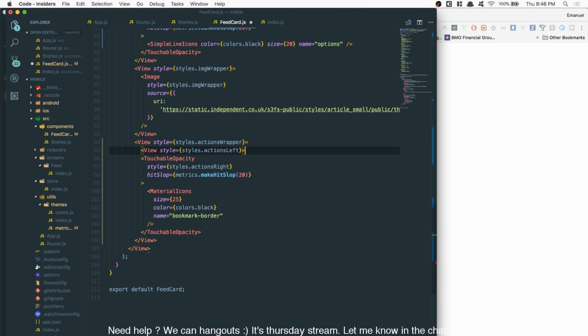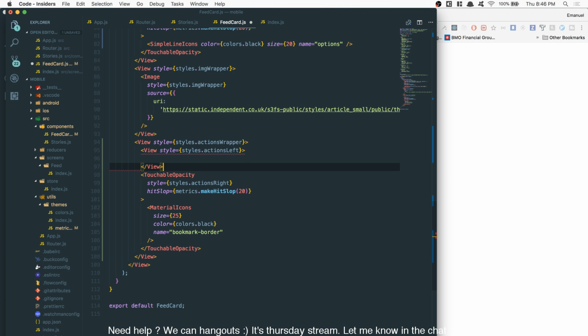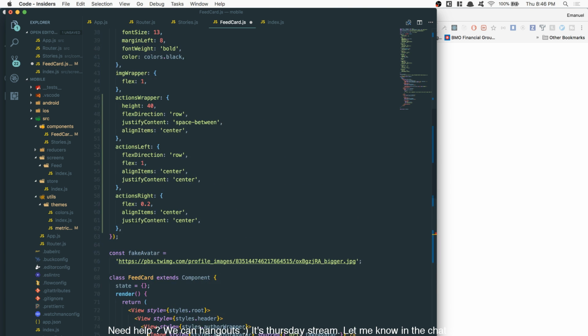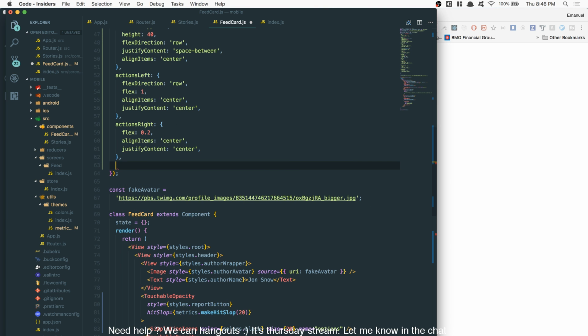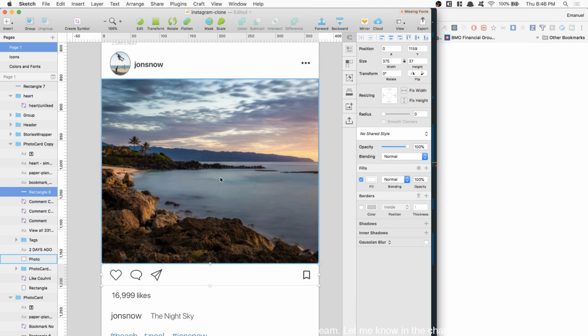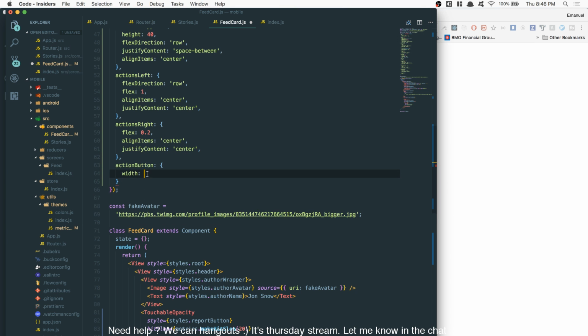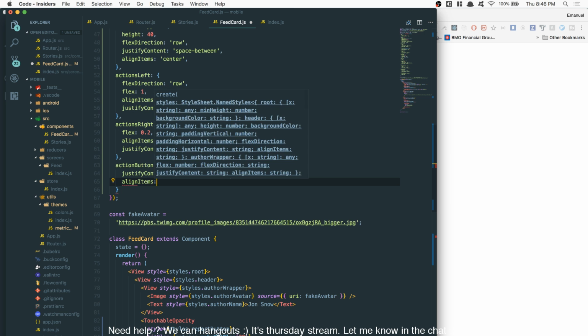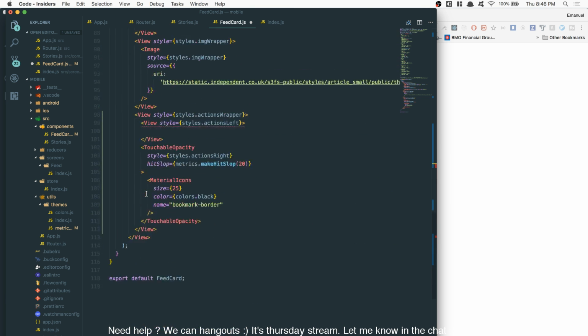So now what I can do is create a button, an action button, and this one is going to have a width of, I mean, it's not really a width. They're just going to have justify content center, align items center, and finally